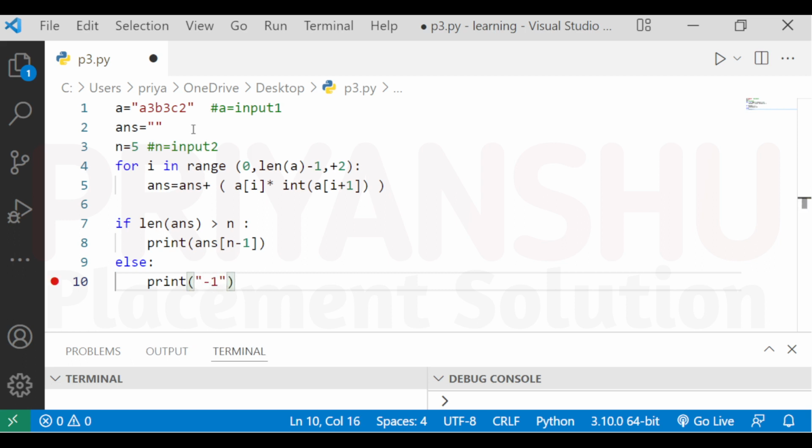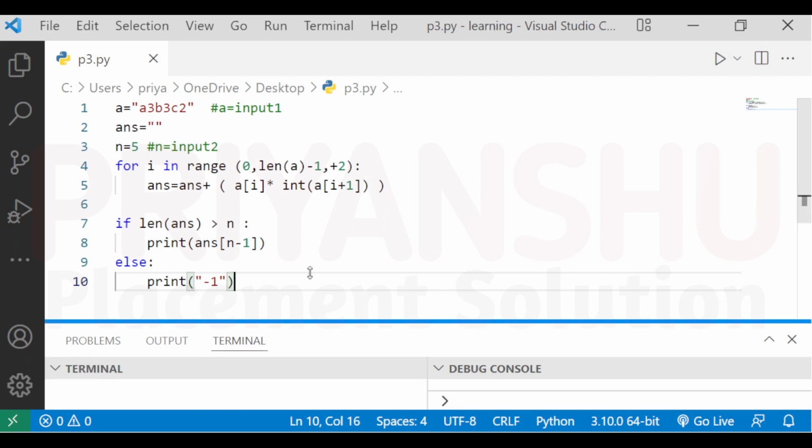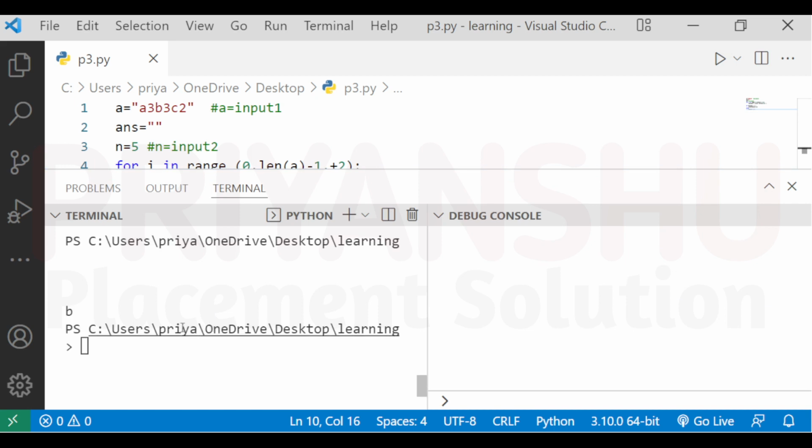Now let me run this code. So we got our answer, that is B. Clear? We got B, guys. For example, if I put the next string,